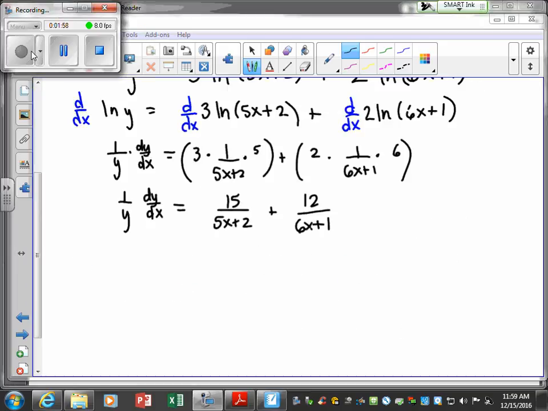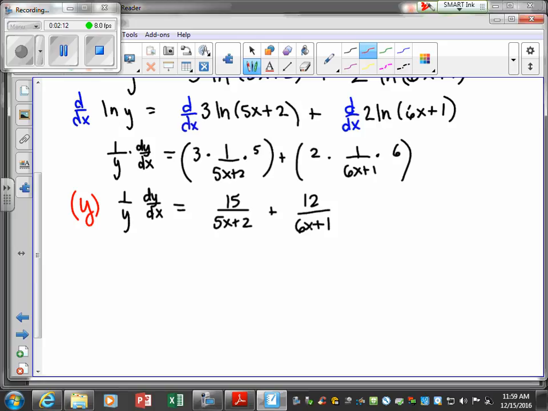Okay, so we have that simplified. The next thing we need to do, to be able to get dy/dx on each side, what would I need to do here? Multiply by what? y. Well, whatever you do to one side, if I just multiply this by y, you also have to multiply this side by y. This whole entire right side. So then that would leave us with dy/dx, which we're looking for, is equal to what we had in the brackets,